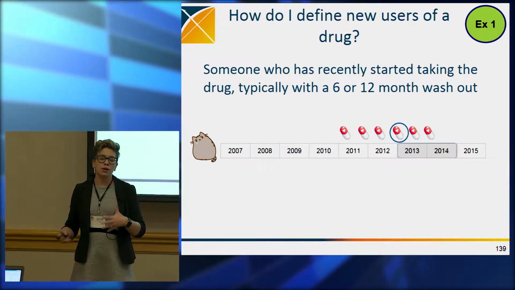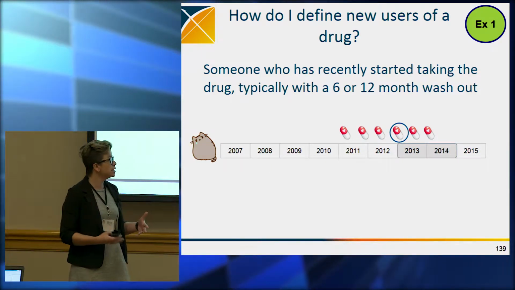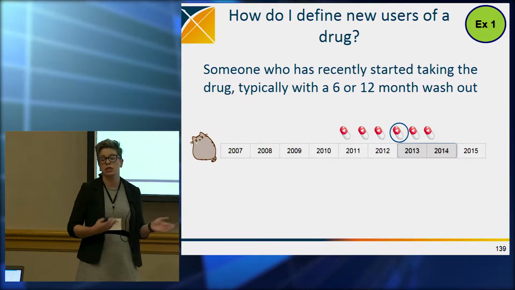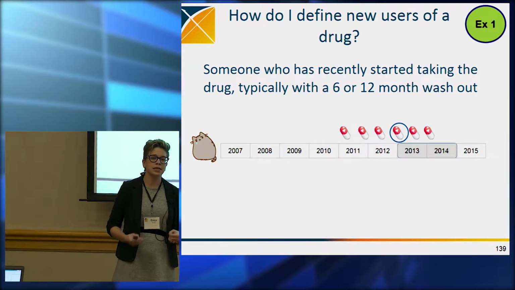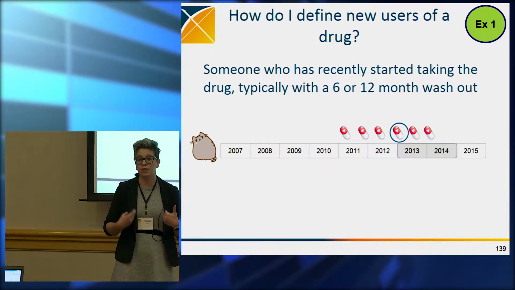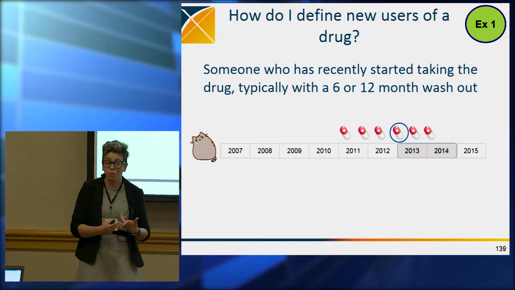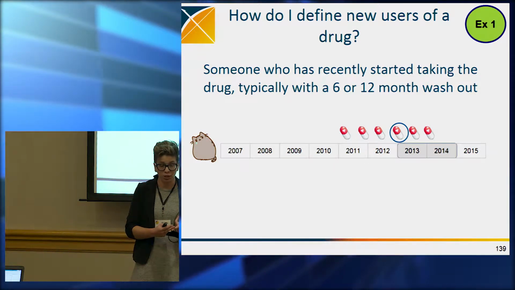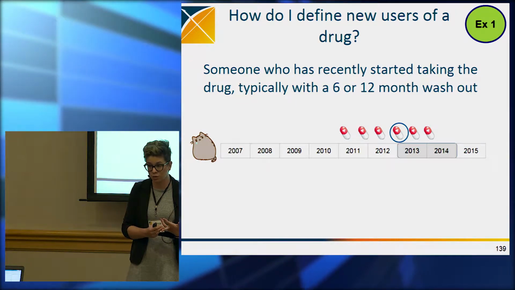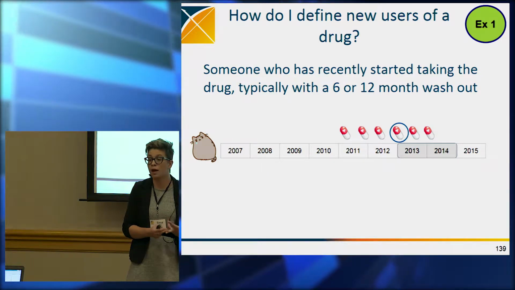But usually within our databases, we don't see all of Pushin's record. We only see a snippet. So in this case, in our database, we only know about Pushin from the years 2013 to 2014. So if I go and ask, when was the first exposure to warfarin for Pushin, we would think it's in 2013. Where this becomes a problem is that it really wasn't the first exposure for Pushin, and we don't know anything about the patient before the exposure. So if we need to characterize the patient prior to exposure, we're not going to be able to do anything